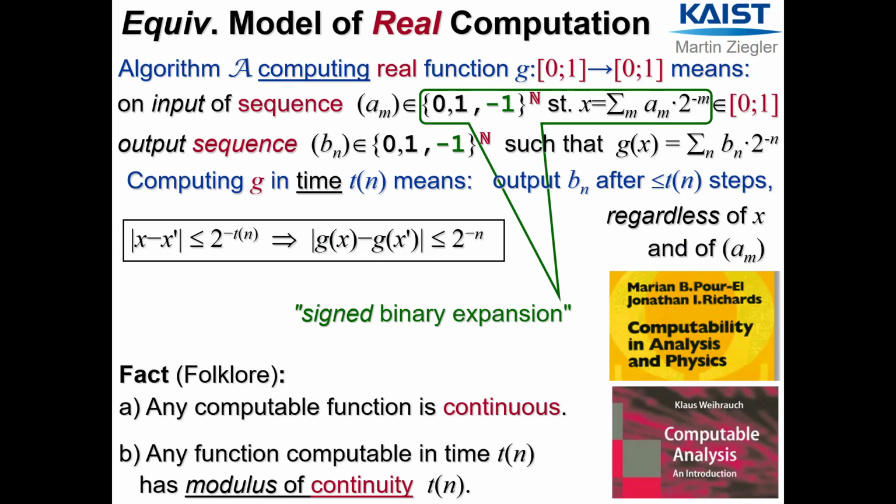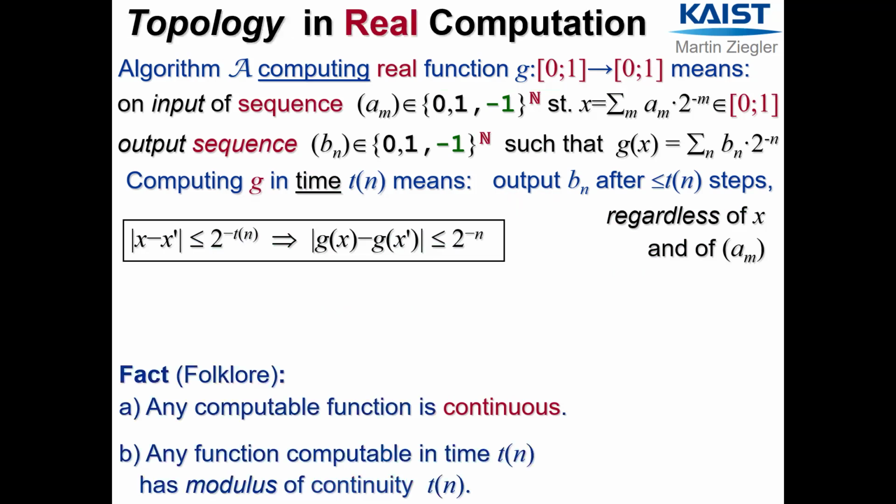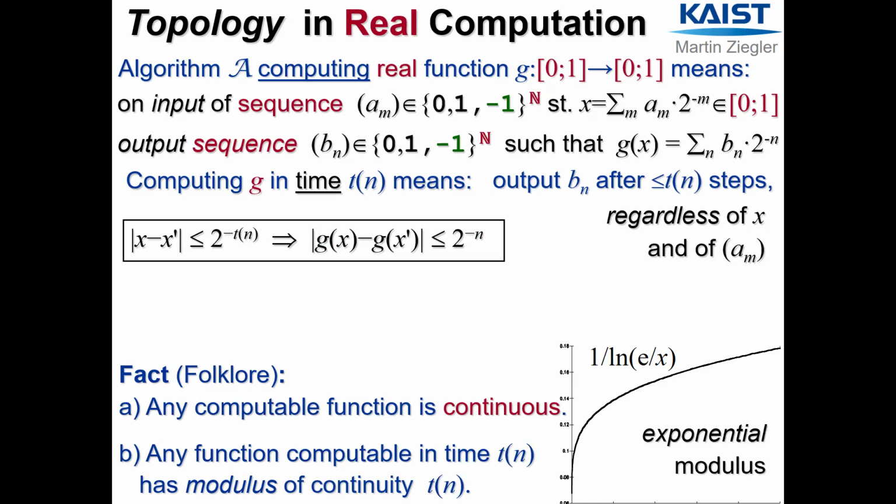Okay, so now I've introduced the computable analysis to you. And some first consequences is that here is an example of a function, which is an explicit function, which is computable in exponential time, but not in polynomial time. Because this function is continuous, it looks like it has a singularity at pole at x equals 0, but it's a removable singularity. In fact, it can be extended continuously to 0 with value 0, but it is exponentially steep at 0. It has an exponential modulus of continuity, no polynomial. And then according to the second fact, folklore effect, it cannot be computed in polynomial time, can be computed in